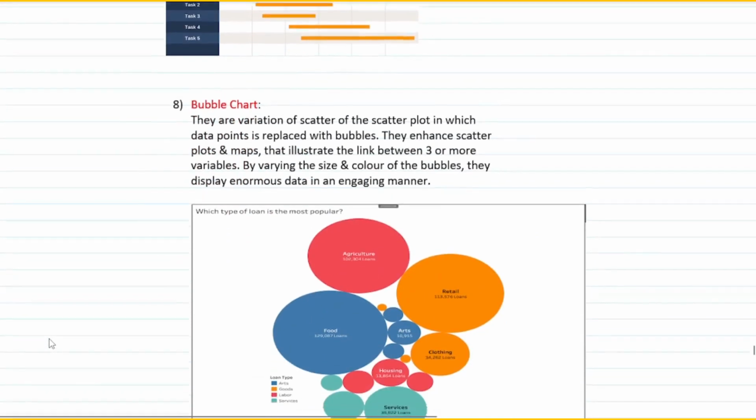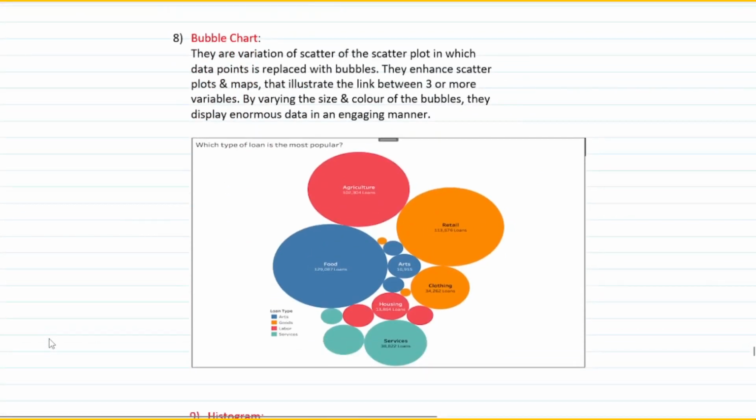Okay, now the next one we talk about is something called a bubble chart. These bubble charts are again a variation of the scatter plot in which data points are replaced with bubbles. The scatter plot we did right before the Gantt chart, its data points are replaced with bubbles. Why? Because they enhance scatter plots and maps. Scatter plots and maps are very